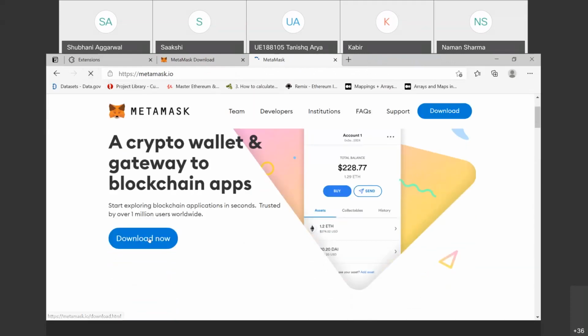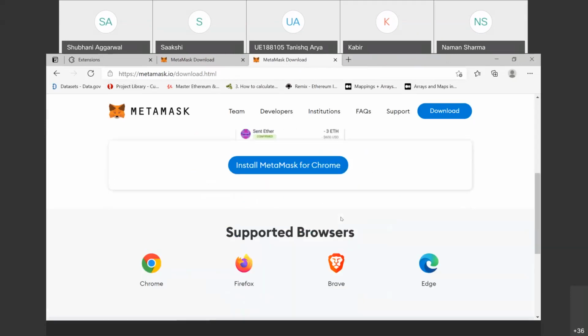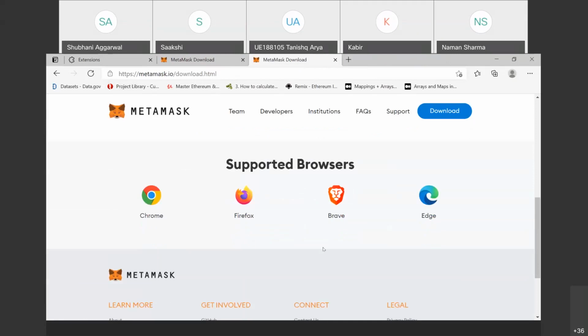Here is download now, and this is for Chrome, iOS, and Android. I've already downloaded it for Chrome.